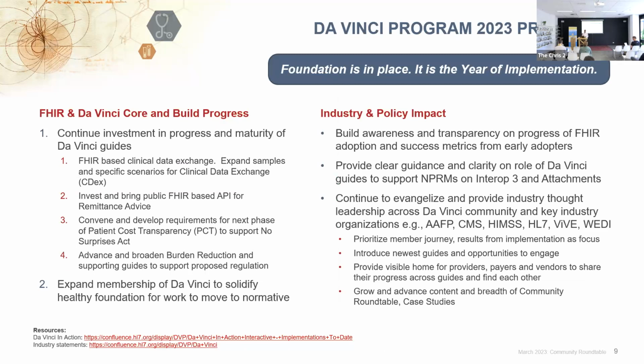In terms of our 2023 priorities, looking at that framework, we're looking at trying to mature the guides that we have, align them with federal regulations, and looking at convening people to look at cost transparency, as an example, making sure there's an appropriate investment in making sure we can move parts of the DaVinci work forward. And last, on this issue of what we're building in progress, is making sure we've got more members,